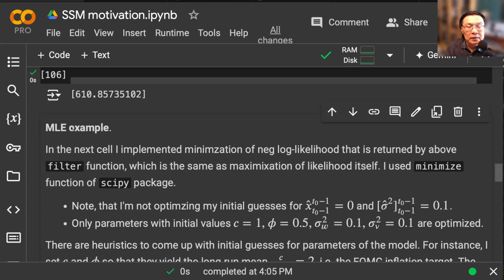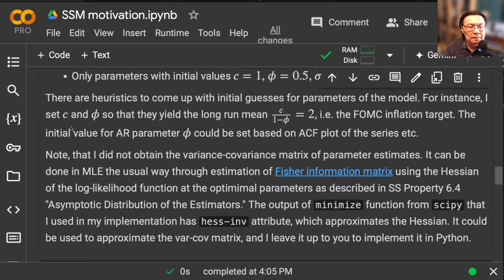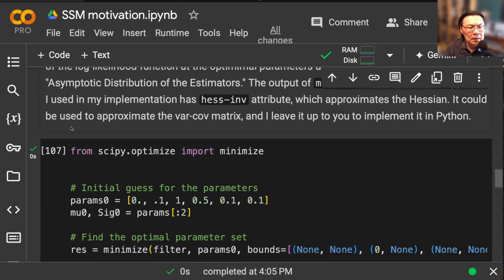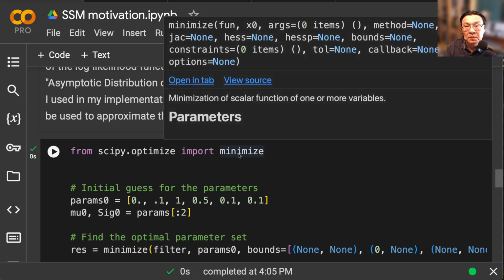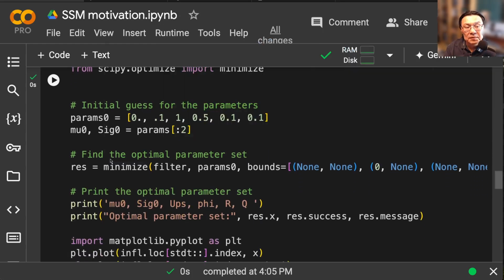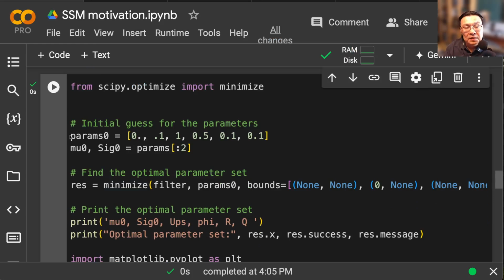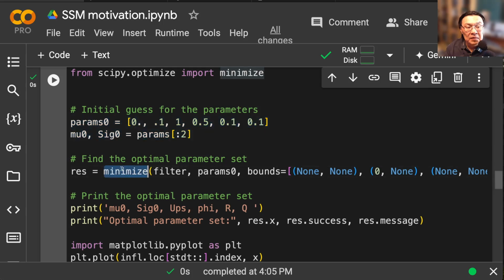So maximum likelihood estimation for our example, right? Using the same Kalman filter, which returns neg log likelihood. Now I'm going to call the outside function from SciPy. This is called SciPy package optimize, and I will use the function called minimize. So the code itself is very simple, right? I set my initial parameters, and then I call the minimize with my initial parameters, and I give it some